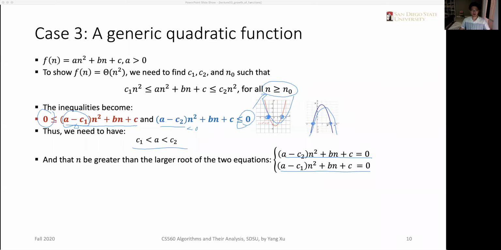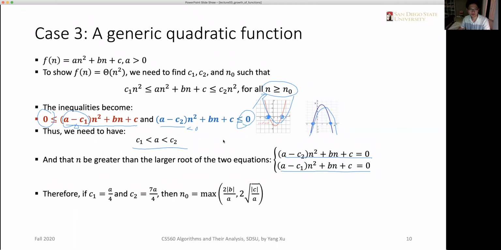Okay, so the n must be larger than the roots, because when n is exactly the root value, the function's value is 0. Okay, but we want the functions to be greater than 0 or smaller than 0. So the n must be greater than the larger roots. Okay, so by solving the roots here, right,